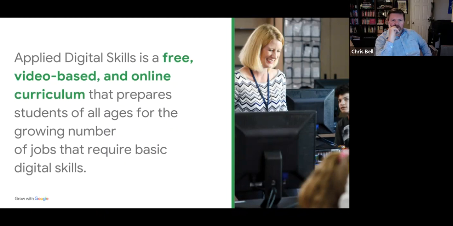Excellent, excellent. So we got a lot of middle school represented today. This is fantastic. All right, excellent. And that's the sweet spot for applied digital skills, really, when we look at the curriculum. So with that,